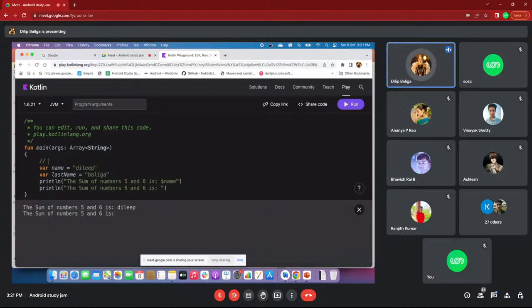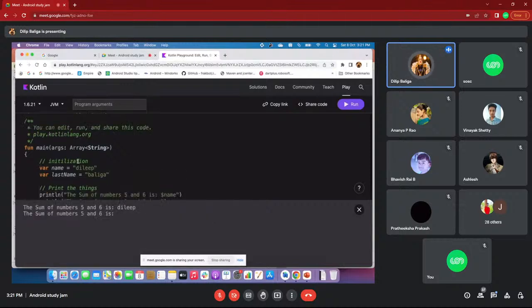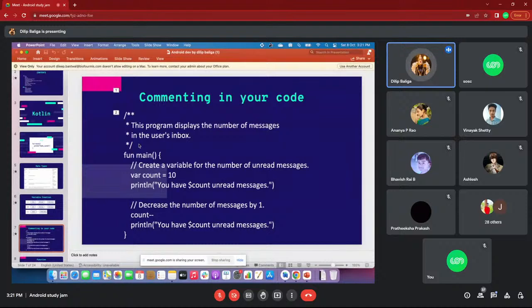To avoid such a condition, just add comments, for example, initialization, then printing the things. This is a simple example, but if you have a complicated one, write the comments and give proper naming conventions so that you and other people can read and understand that code very easily. That's the motto.